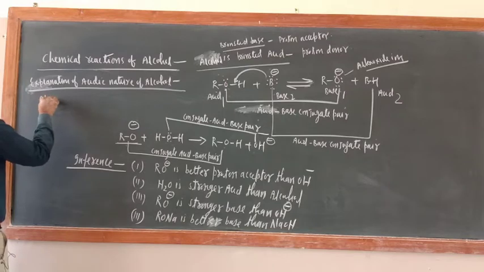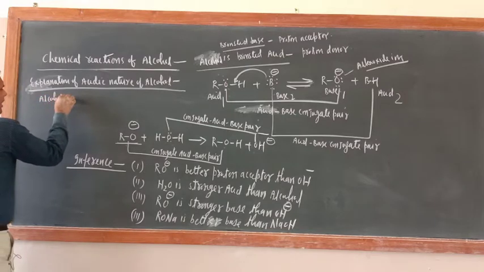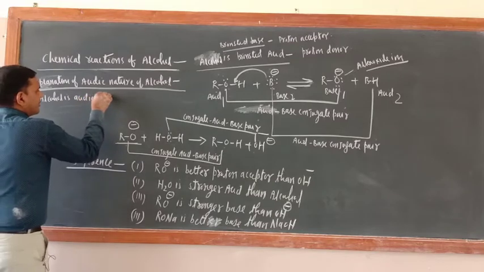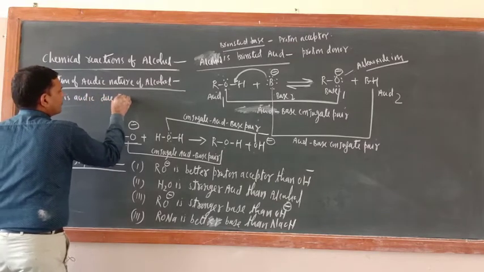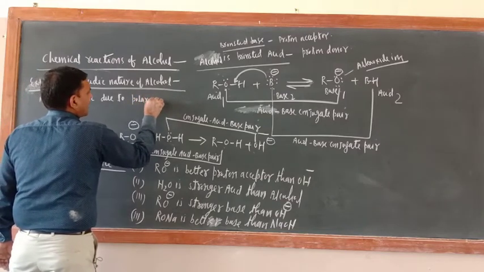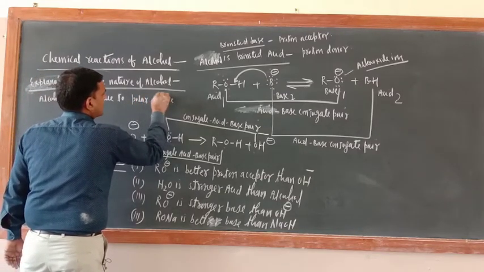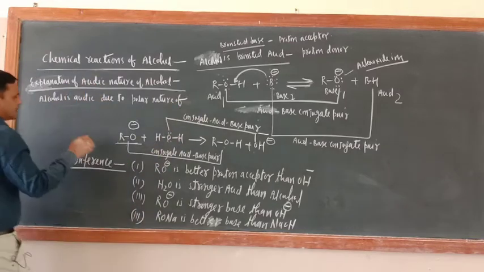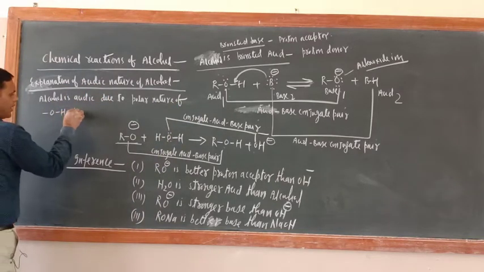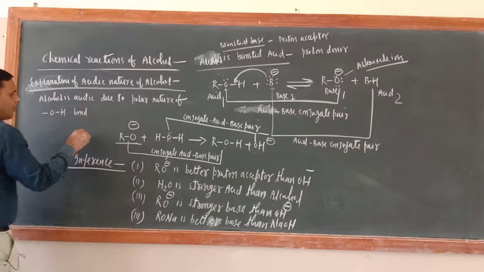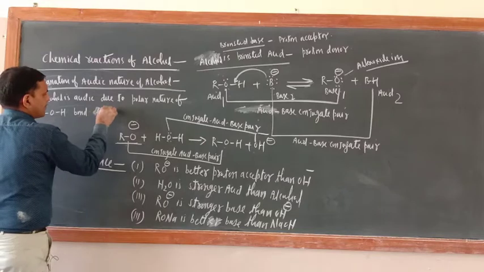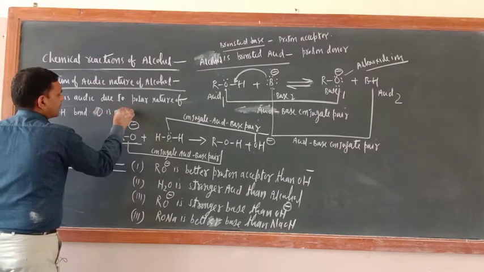Alcohol is acidic due to the polar nature of the OH bond. Oxygen is more electronegative